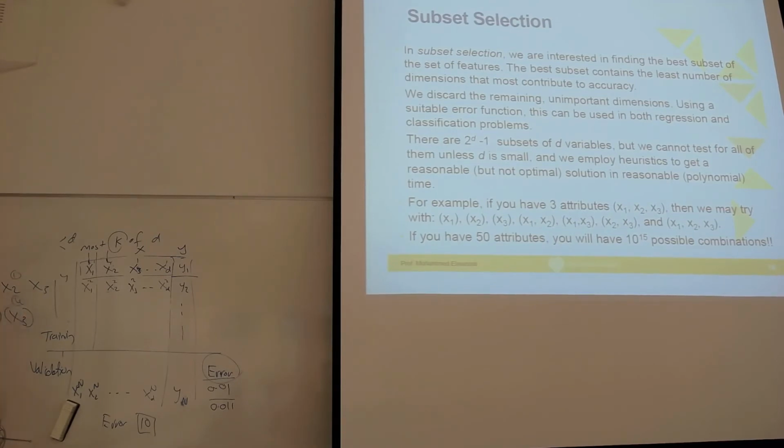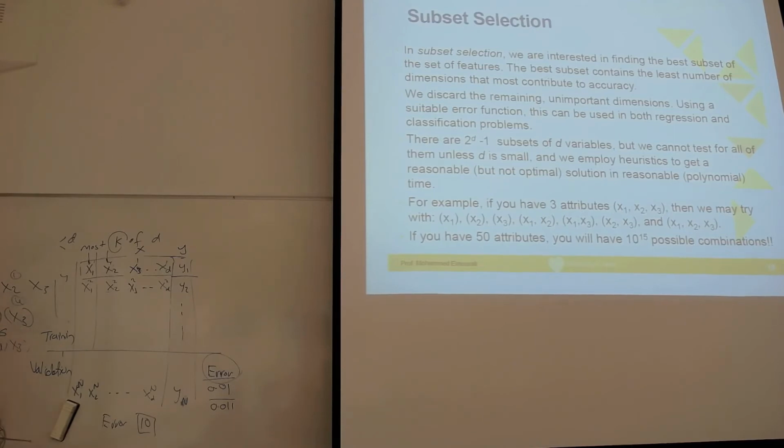Then we come and we remove x1 and x2. You know, sometimes x1 alone is important, and x2 alone is important in some data, but together in some data they cancel each other. So we start to remove x1 and x2 together, and then we remove x1 and x3 together, and finally we remove x2 and x3. So what it means is that we have one learning process, second, third, fourth, fifth, sixth, seven times that we need to repeat the learning process.